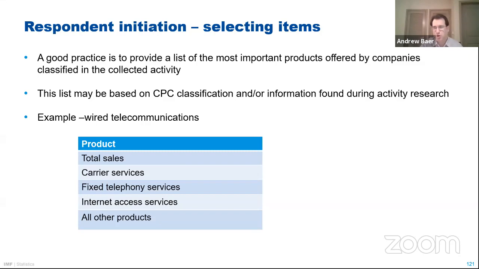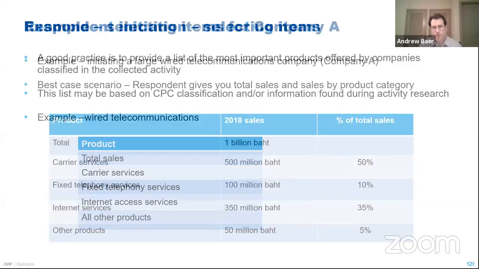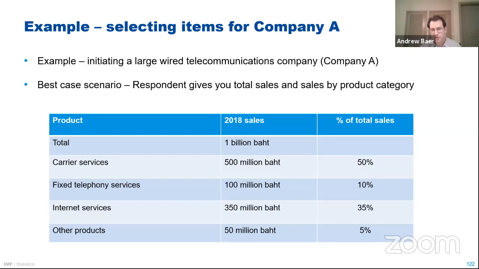So I could choose to use those to figure out the company's sales and then their sales by product. This is a perfect world where a company would tell you, I earned $1 billion in sales last year, and 50% of that came from this service line, and 30% came from that service line, and 10 from the other, right? Maybe they'll tell you the actual numbers, maybe they'll tell you percentages, who knows? Maybe they have this data in their annual report and they say, look, you can find it there.